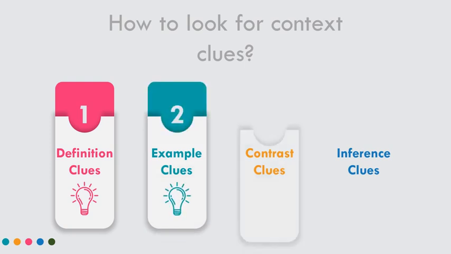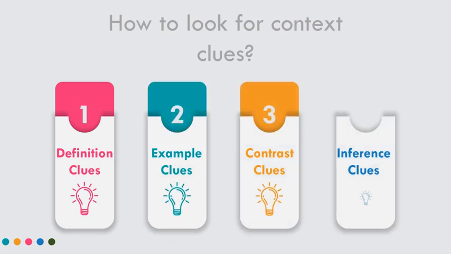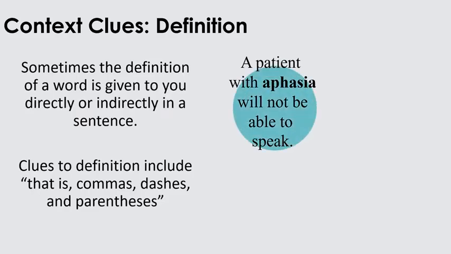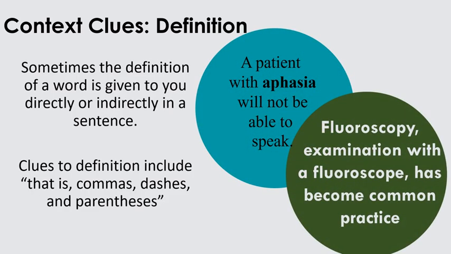The next question is then how to look for context clues. There are 4 clues we can utilize: definition clues, example clues, contrast clues, and inference clues. Let's see definition clues first. Sometimes the definition of a word is given to you directly or indirectly in a sentence. For